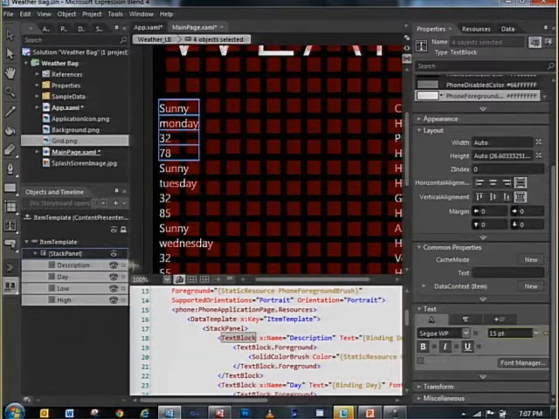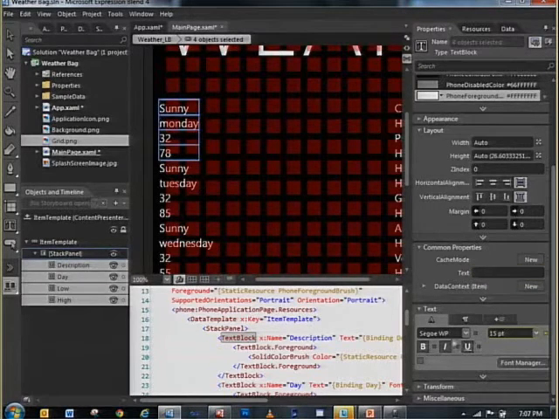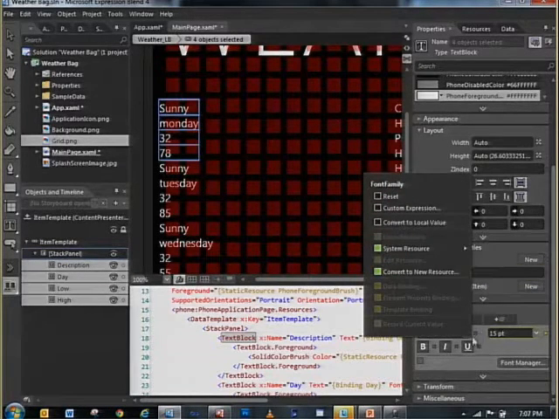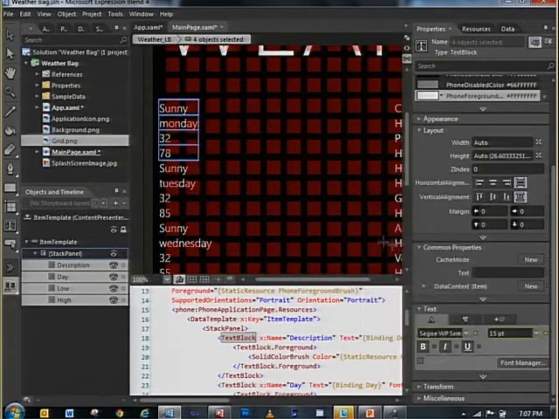The next thing I'm going to do is, actually I'm going to set the font face as well. By clicking on this little square that you see here, it's giving me access to this context menu, and I can get in there and I can utilize those resources in the system resources menu item. I'm going to use semi-light. Next thing I'm going to do